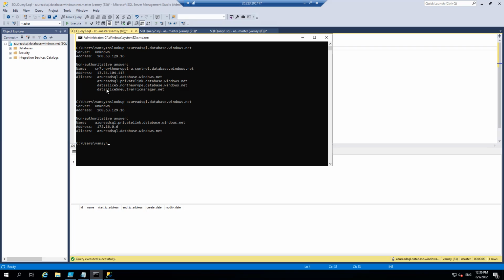Any questions here? This is very, very important to understand: the differences between the private way of connecting and the public way of connecting to our Azure SQL. Once you create the private endpoint, you will see the network interface card that got created. That IP will be shown here